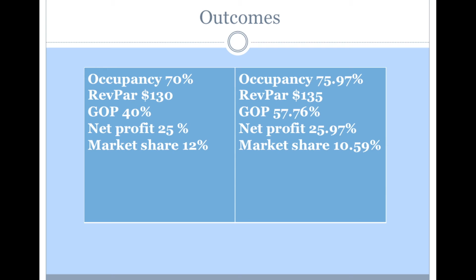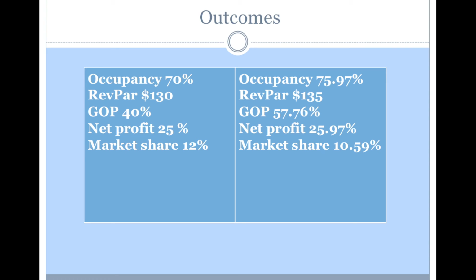We achieved our goals in several sectors in which the occupancy reached over by 5.97%. Therefore, the RevPAR is aligned in increase. The hotel achieved over 2.76% of the gross operational profit, which gives an increase of net profit over